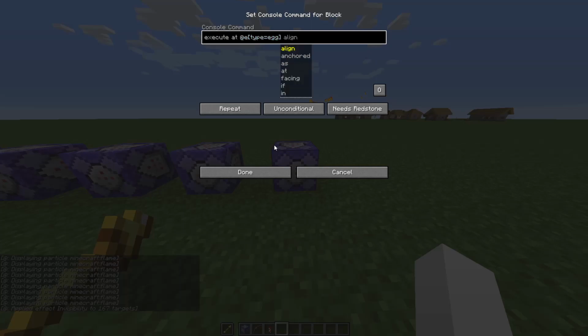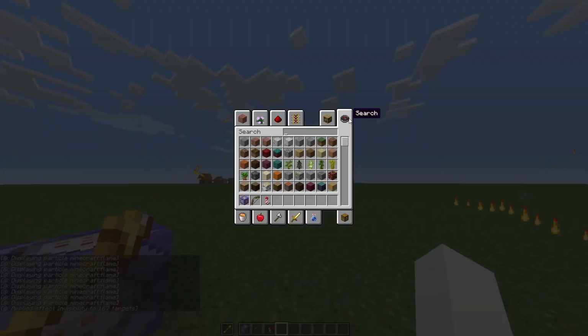Now we can do run summon. How about let's do arrow. So what this does is then